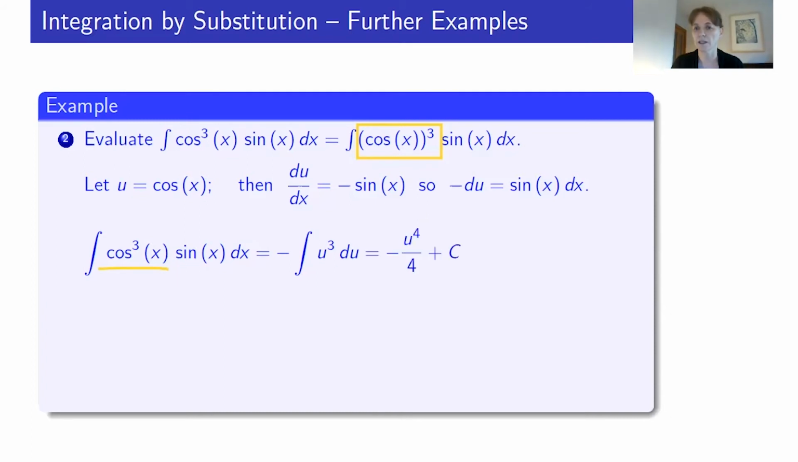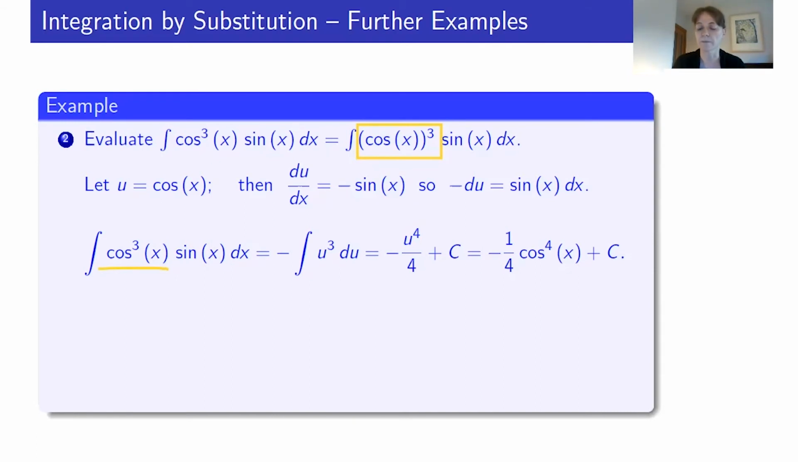Integrating u cubed with respect to u, we get u to the power 4 divided by 4 plus a constant. And then we write our answer in terms of x. So we replace the u by cos of x again. So u to the power 4 becomes cos of x to the power of 4, or cos^4 of x. That's our final answer. That's the value of the integral, but we can check our answer again by reversing the